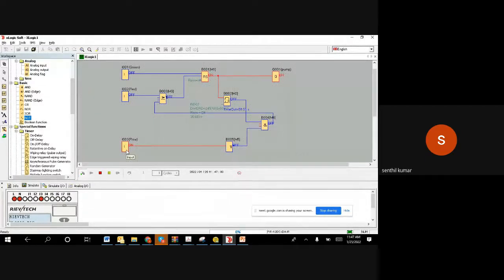Flow exists. Since the flow exists, there is water in the system, there is no airlock in the pumps, and everything looks to be perfect. That is why it has to keep allowing the motor. It should not stop. So let us wait and see what happens after 30 seconds. Right, now 30 seconds is finished, but the motor is still running because the flow switch is saying there is a flow. Then there is no need to stop. The system is healthy. But during running, if at any time there is no flow, then it stops